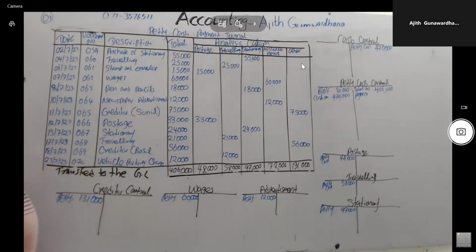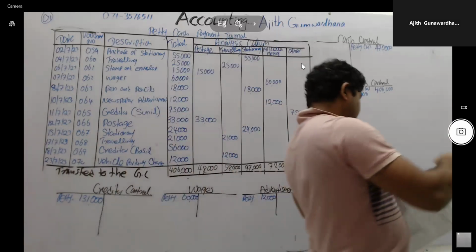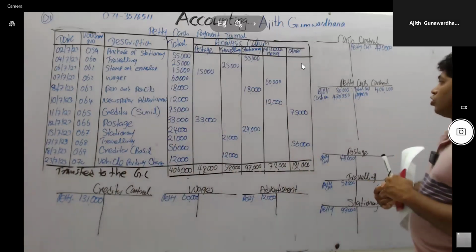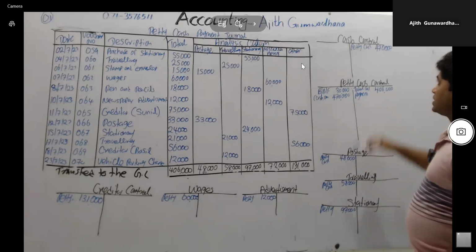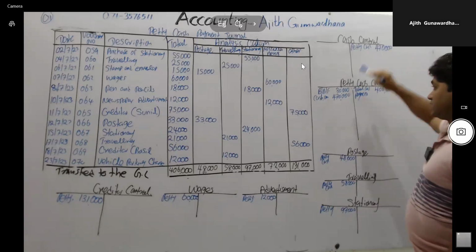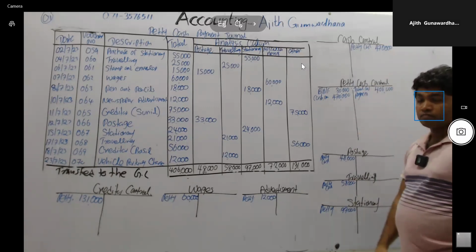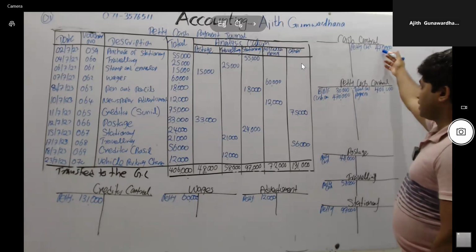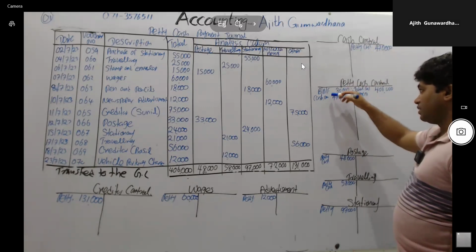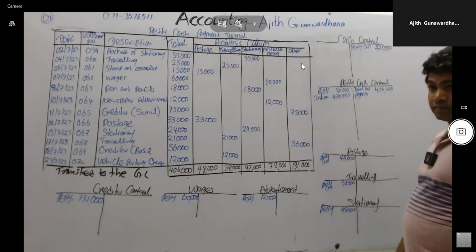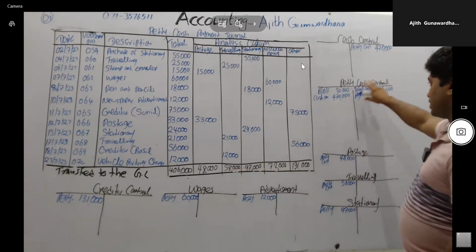Think how to record in the ledger accounts. First one, think about opening balance. Opening balance, petty cash control account as a balance brought down for debit side. Second step, cash receipt from chief cashier. Cash control account credit, petty cash control account debit. Then, the small expenses are paid from the money received. Therefore, analysis column total value, petty cash control account credit.